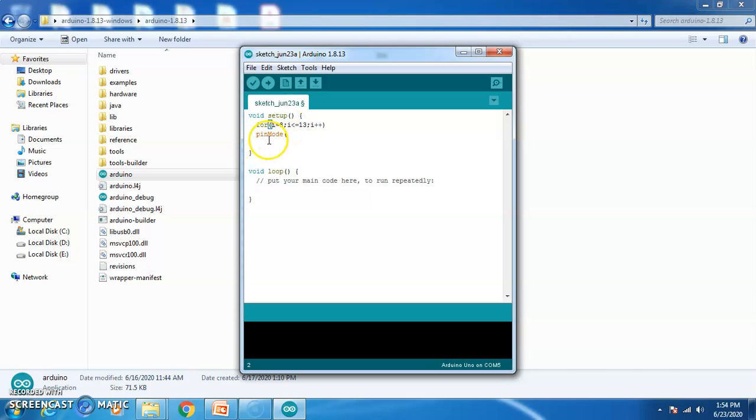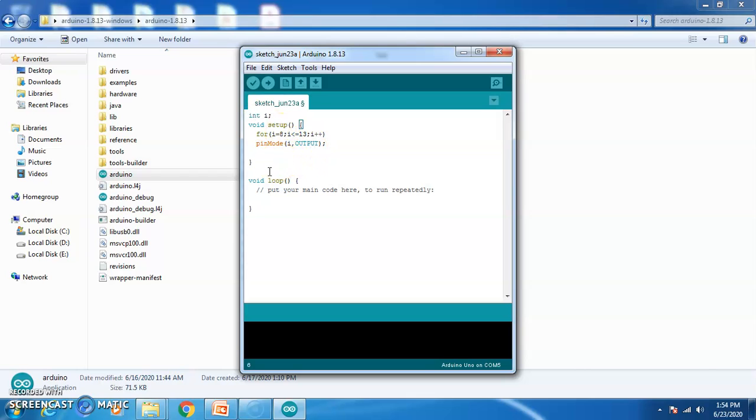So I have written a for loop starting from the 8th LED till the 13th LED, and I have used a function called pinMode where I need to specify a pin number. The pin number I am giving as i, and the mode is OUTPUT, since I want to see the output on all the 6 LEDs. That is the reason I have taken the mode as OUTPUT, and this should be written in capital letters. And whenever I write the pinMode function, the M should also be capital. Here I am taking everything as integers, so I declare globally int i.